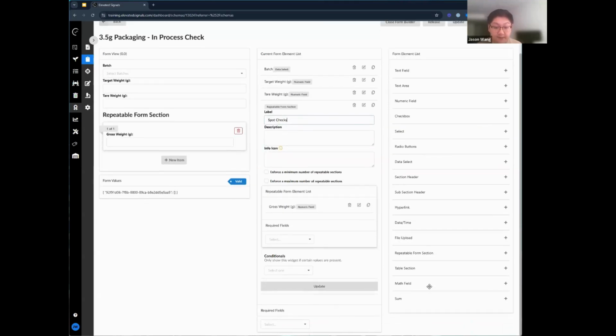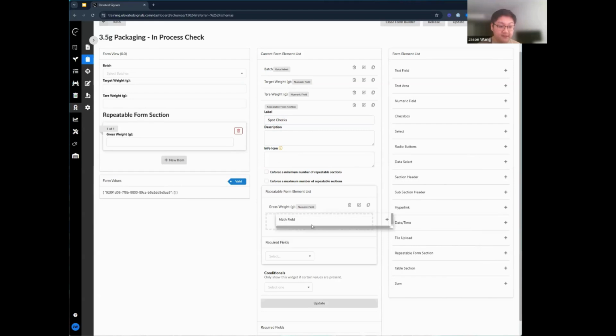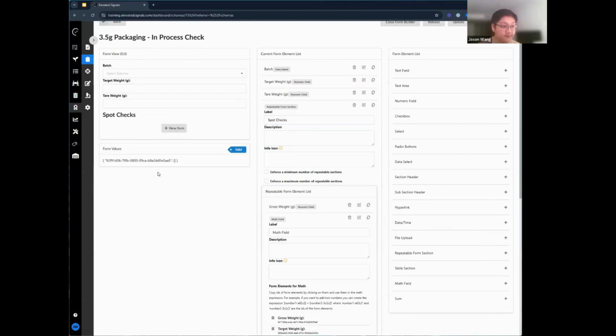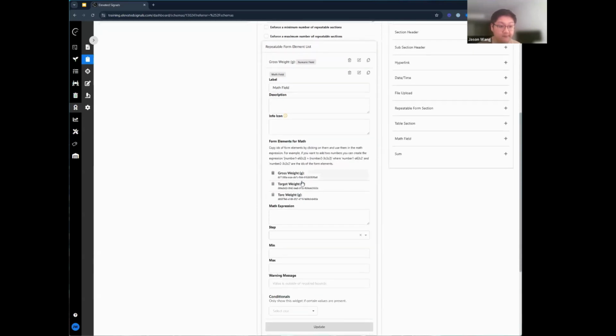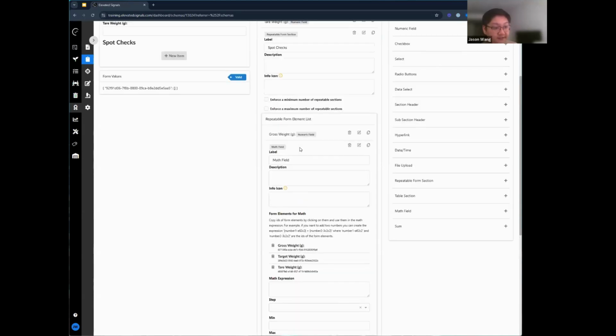And I'm going to pull in a math field. A math field is relatively new if you are using this system, but basically within here we can do some pretty powerful stuff. We can do math with the other numeric, math, or sum fields, which I'll cover in a bit, within our form. I have these things here, which when I click on them, I copy. These are kind of like variables if you're familiar. But to do this, which is going to be our net weight in grams,